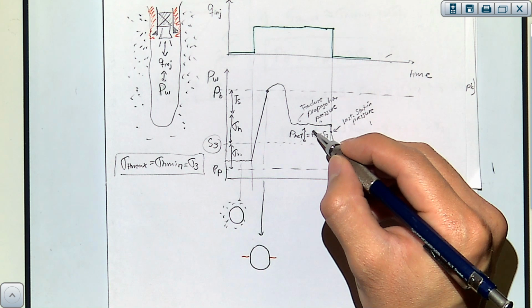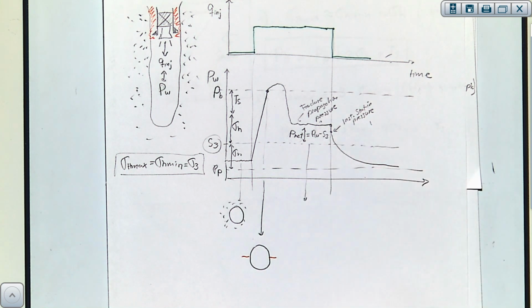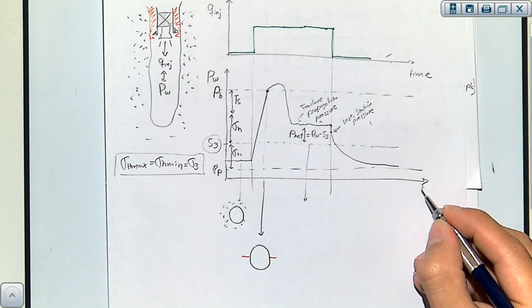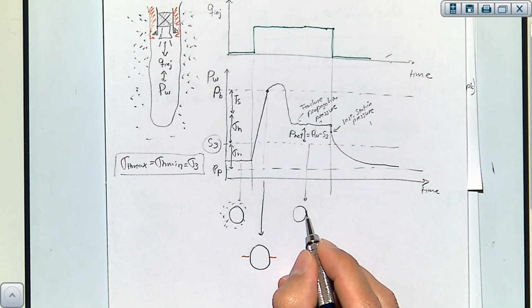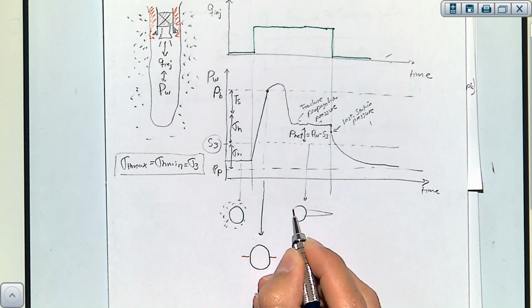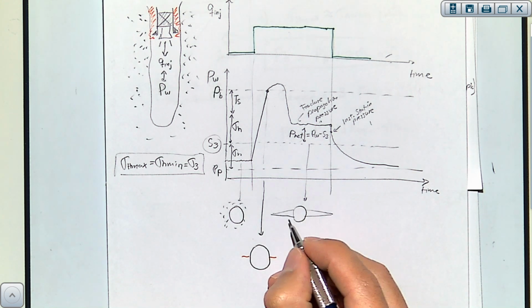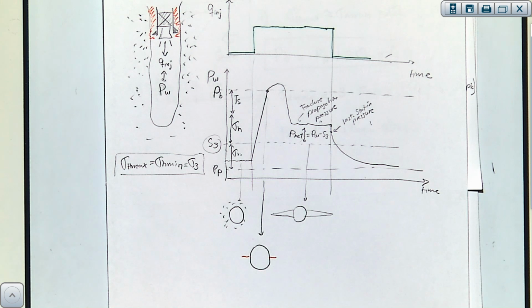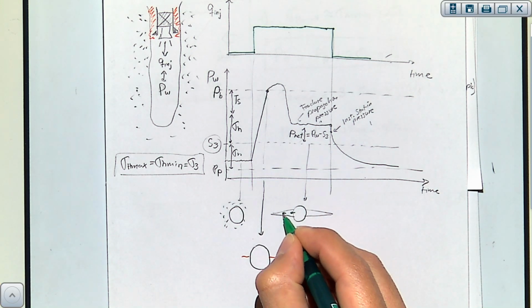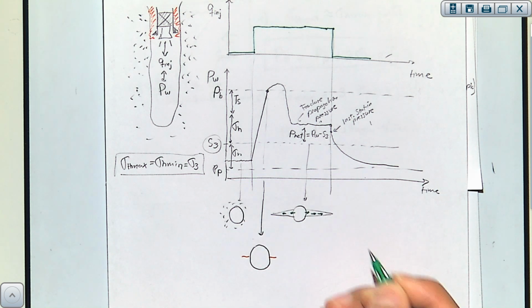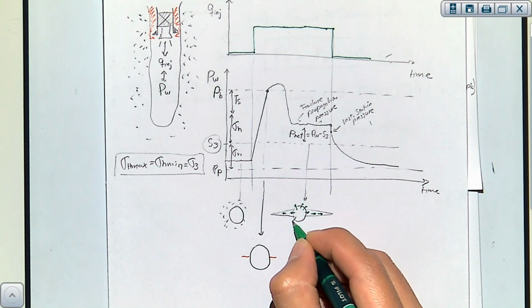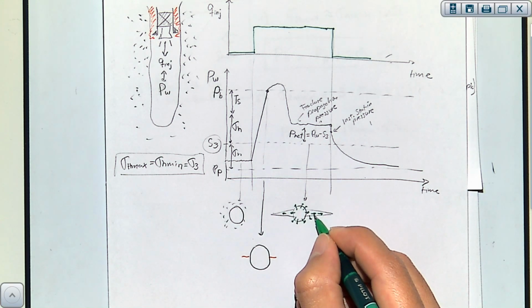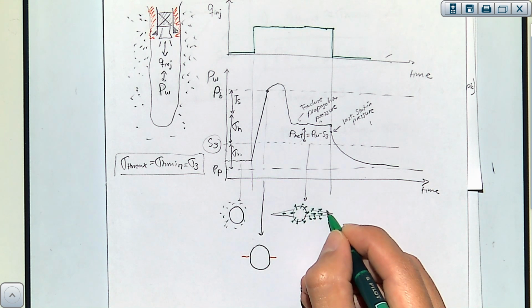Let me continue my sketches over here. Propagating. Fluid is going from the wellbore into the fracture, leak off that goes from the wellbore to the rock, and from the fracture